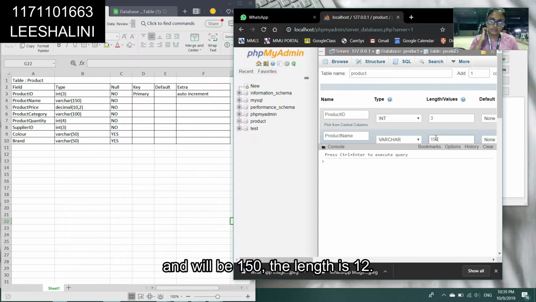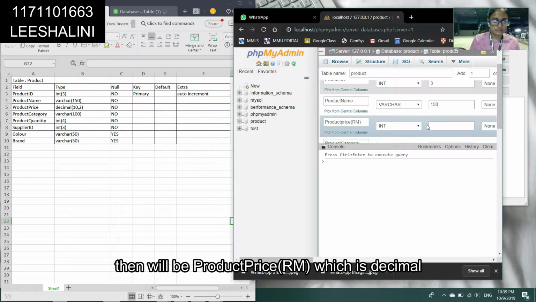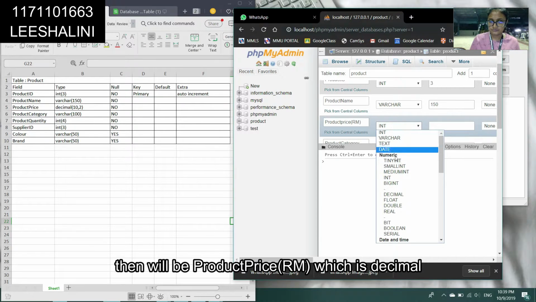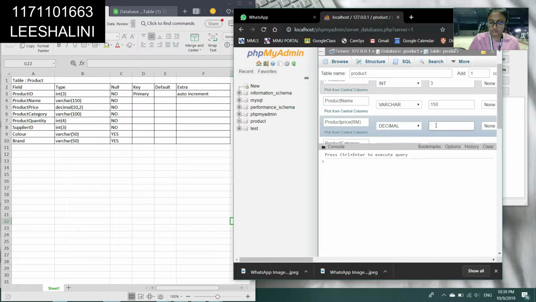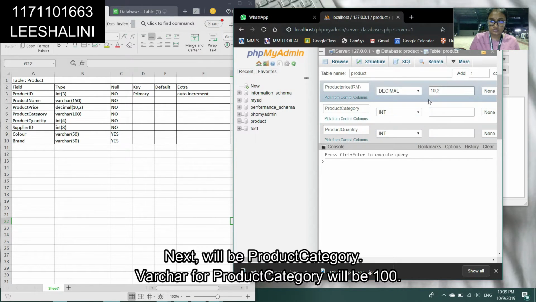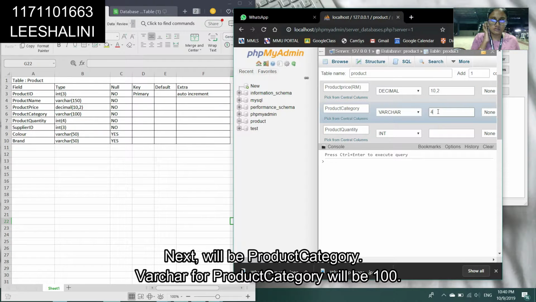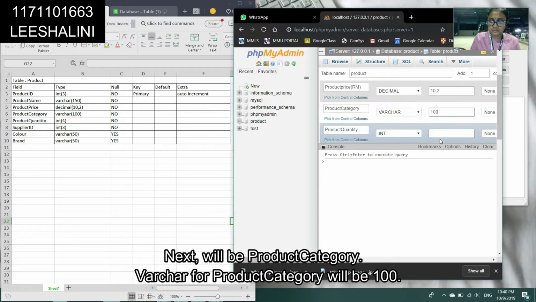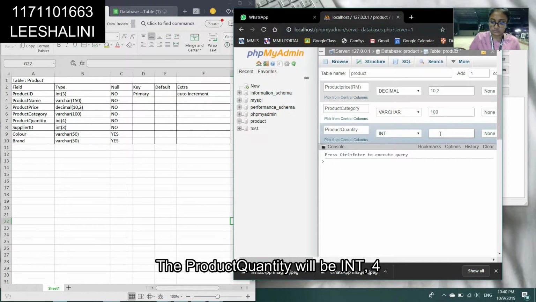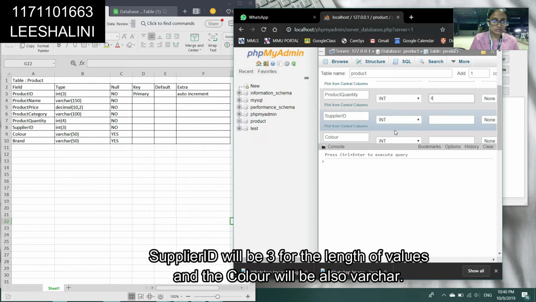Then product price, which is decimal, 10,2. Next will be product category, the length will be 100. The product quantity will be int. Supplier ID